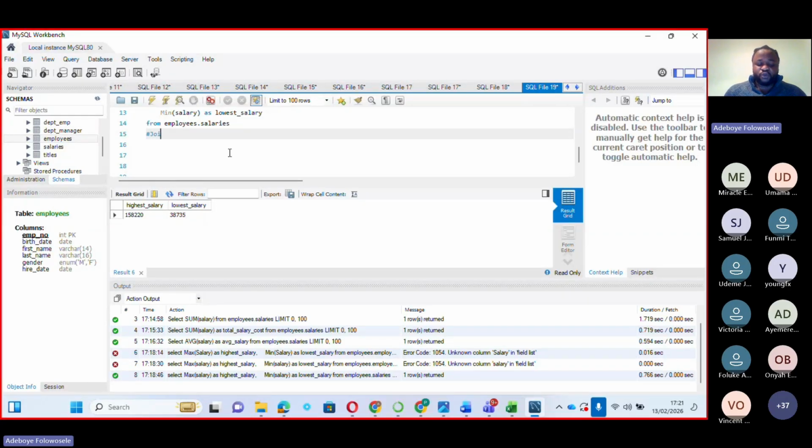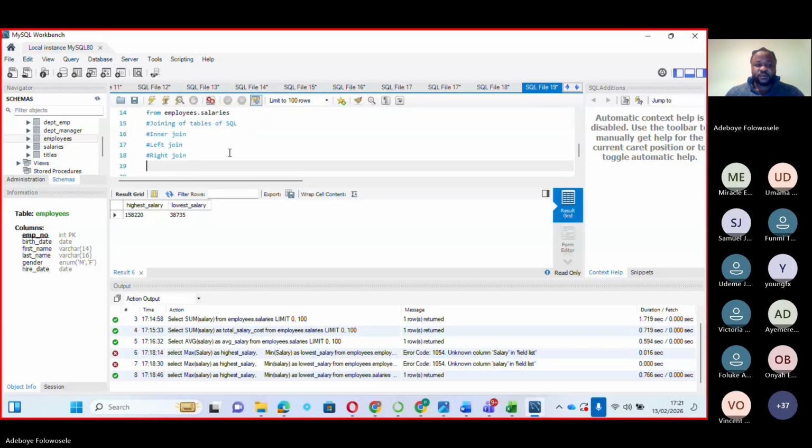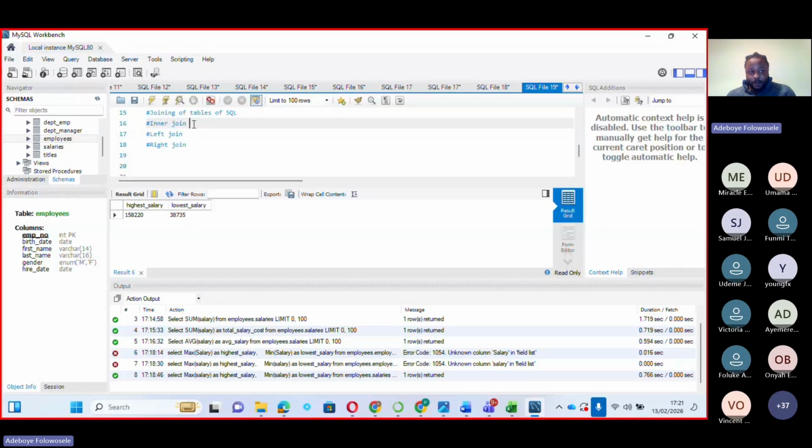That is what we know as joining of tables in SQL. We have what we call inner join, left join, and also right join. These are the basics. Now what inner join means, just from the word inner: for example, as I have the employee table and the salary table, what inner join does is that